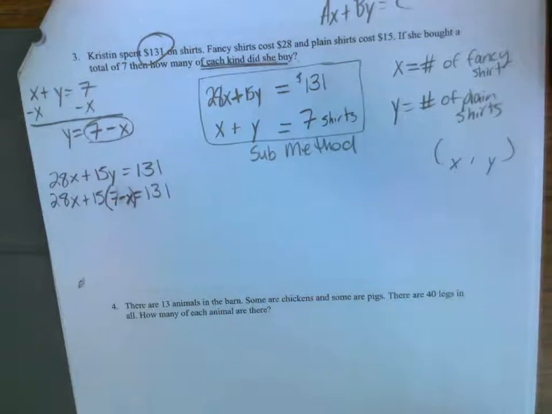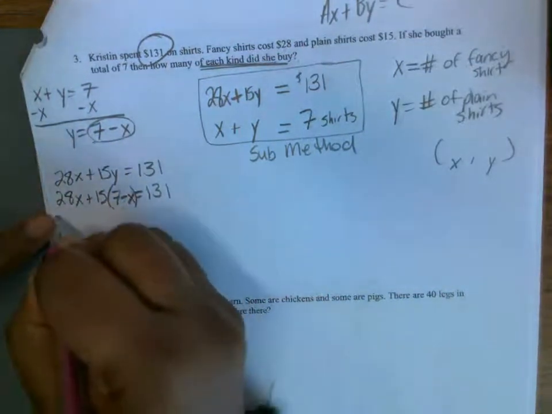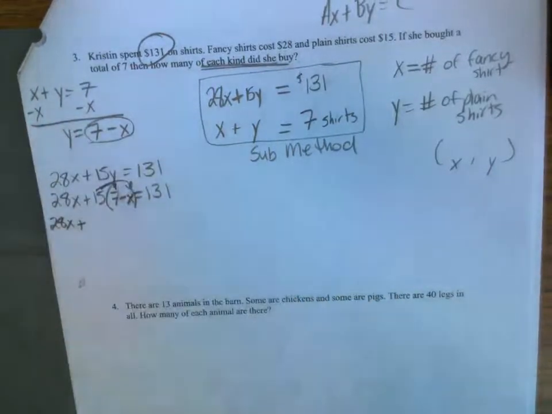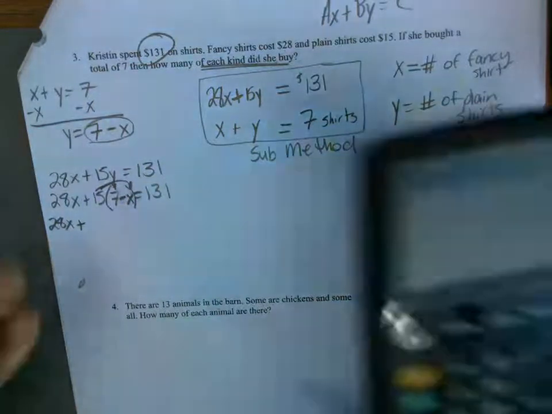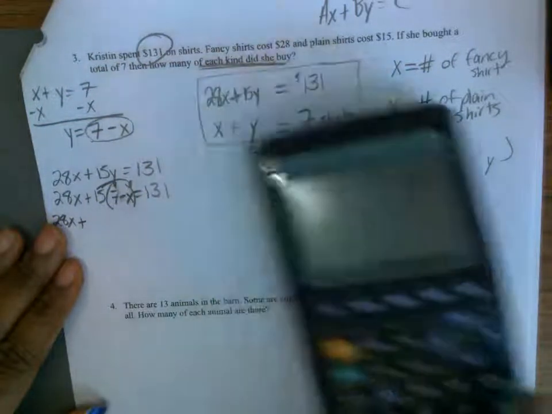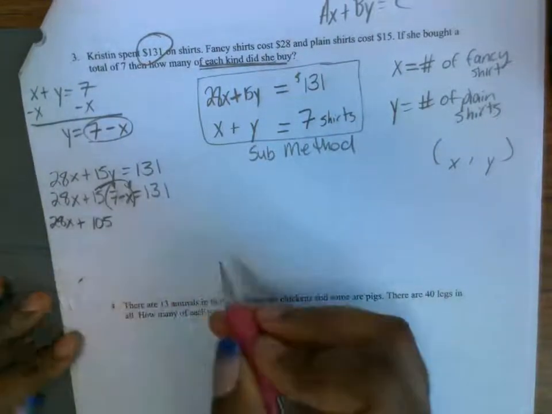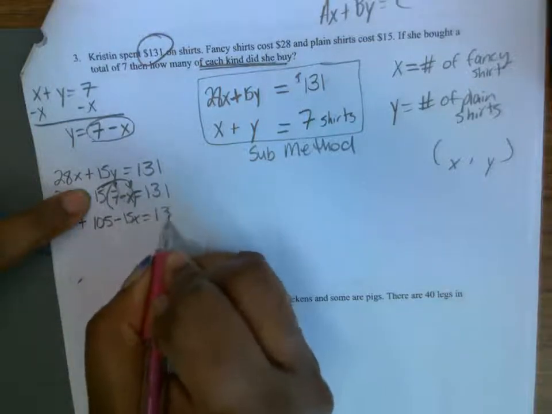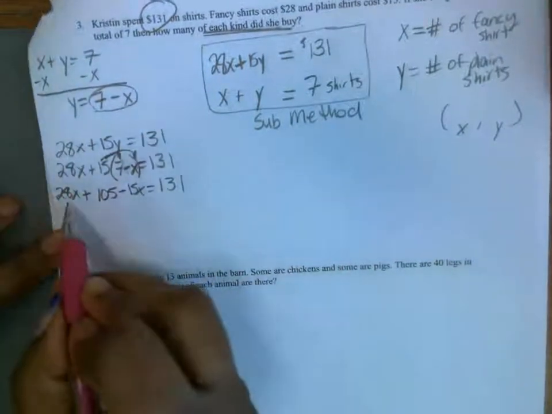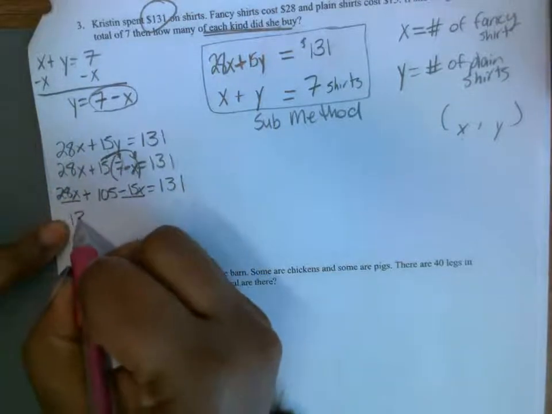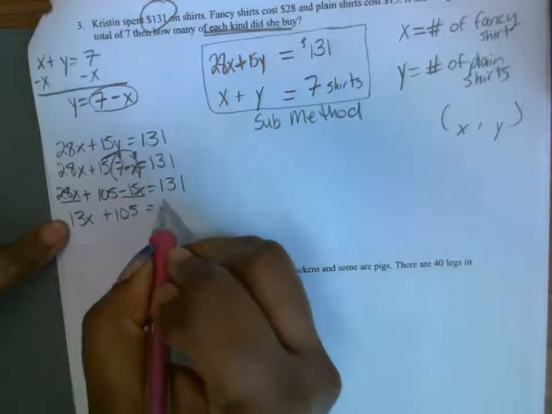Sorry. All right. So now I'm going to say this is 28x plus, I'm going to use the distributive property here. What's 15 times 7? Anybody know? What'd you say? 15 times 7? 105. Okay. And then we got 15 times a negative x, which is negative 15x. Combine the x's together. When you combine the x's together, that gives you 13x plus 105 is equal to,